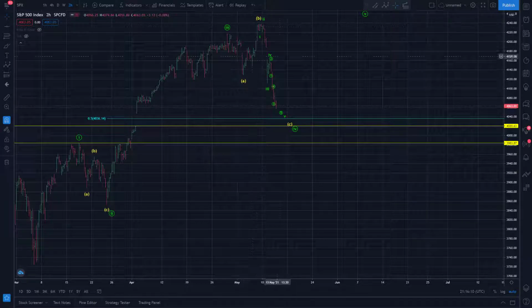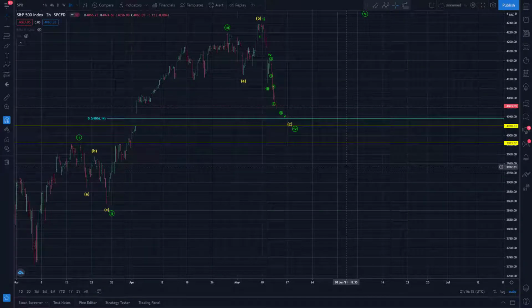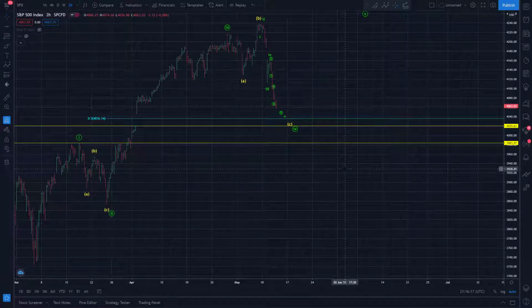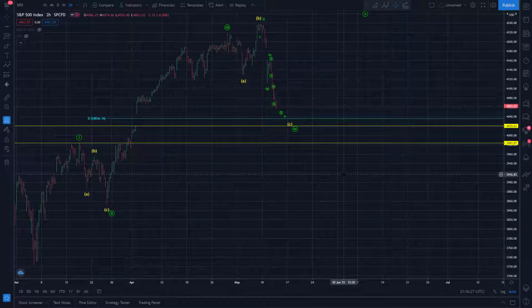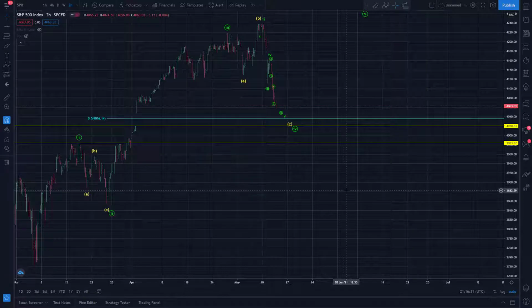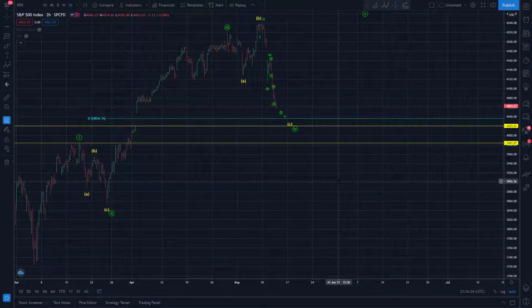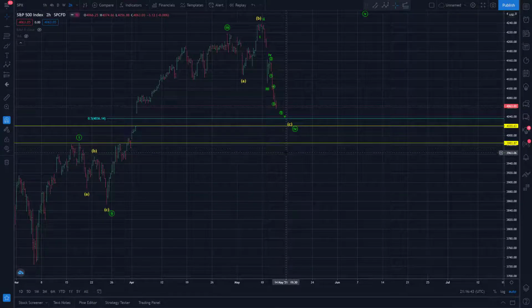But I imagine after a day like this in the U.S. market, you'll probably see some weakness in the overseas markets as well. But again, they've been acting weak for a while, so maybe they'll actually bottom and help change the overall sentiment. We'll see. Anyway, that's what I want to go through. So yes, certainly more severe than perhaps what I was first expecting, but I've laid out my case here to stay overall bullish, and I've certainly shown you where I will change my mind.